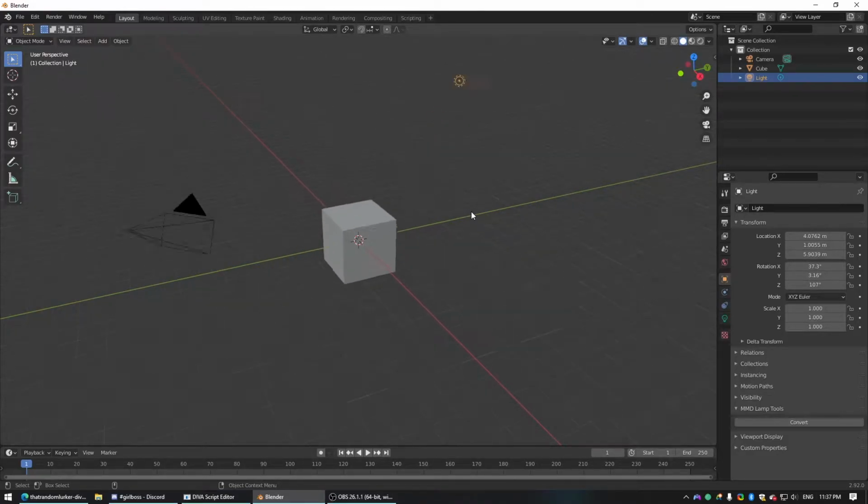So in order to start porting MMD cameras to DIVA, you need to have Blender and you also need to have MMD tools. The first thing you're gonna do,